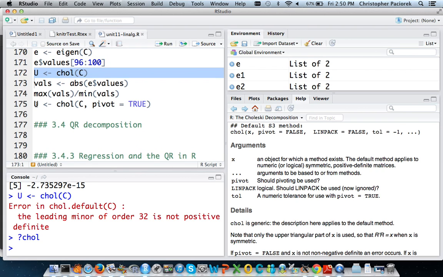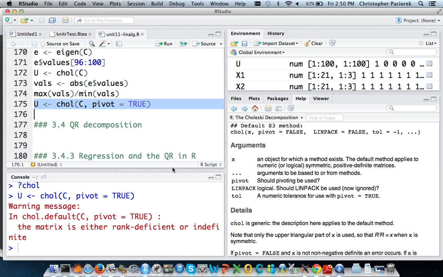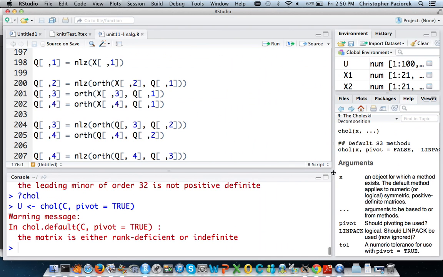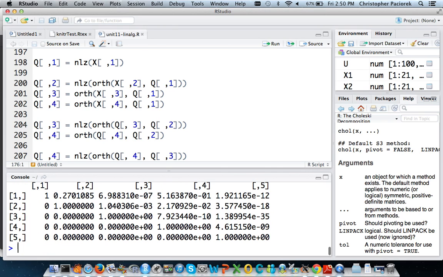Oh, here we go. So I can tell it to use pivoting. It gives me a warning, but it still completes. And what we should see, hopefully, yeah, what we see,